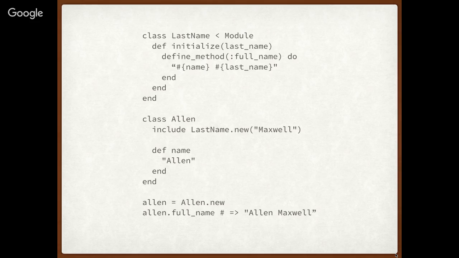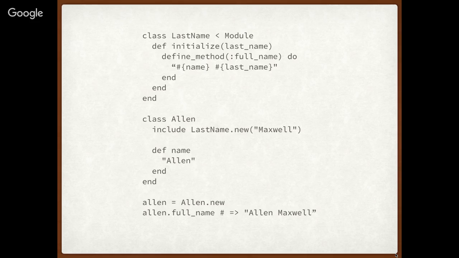Any other slides you want me to back up to? So in that same stretch, this is a weird question. Can I inherit from, like, class Allen less than sign LastName.new Maxwell just as well, or is that impossible? No, because